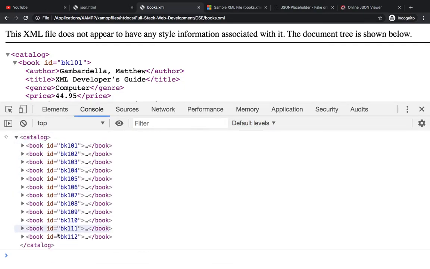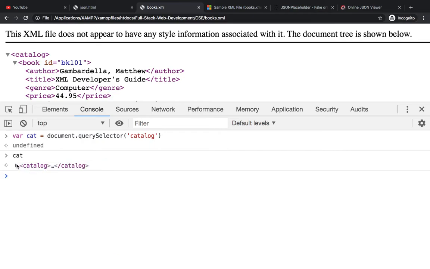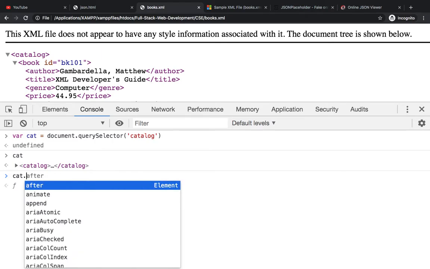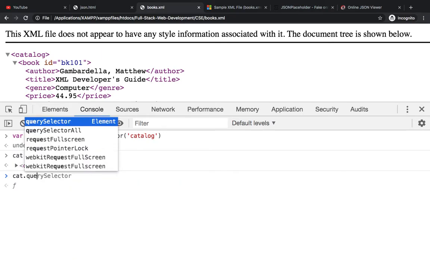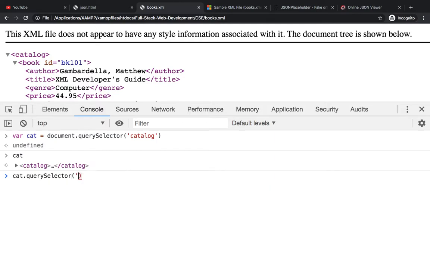You can see there are all the records of books inside catalog. Now what you can do is use the cat variable to extract each of the books. Cat dot querySelector, and you can use the tag book for this. I will save this in a variable named books.